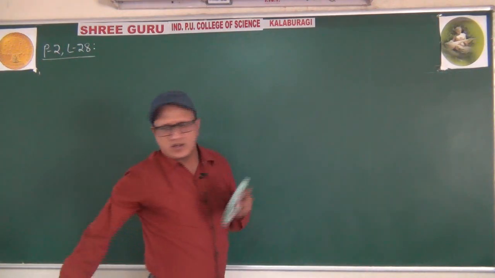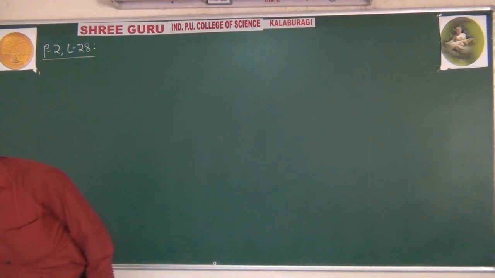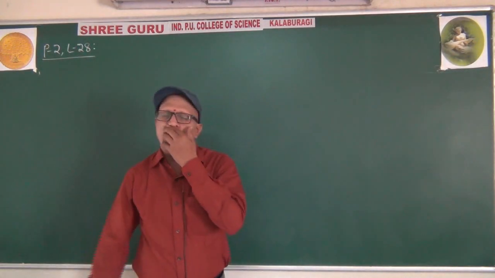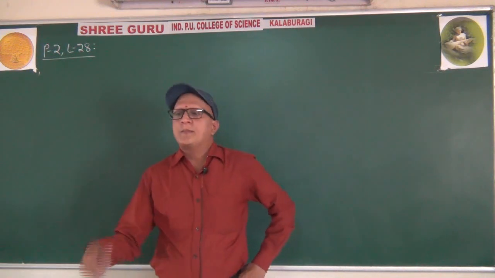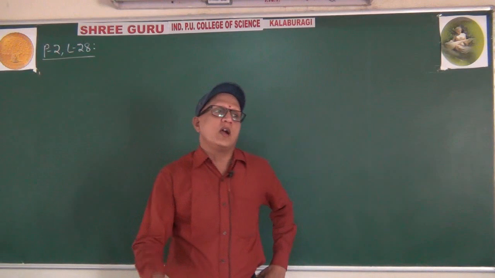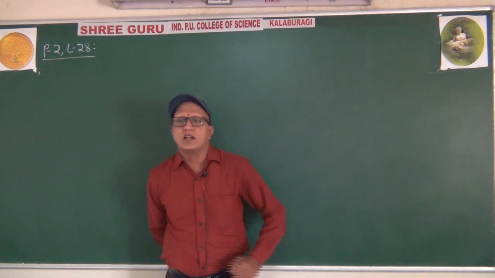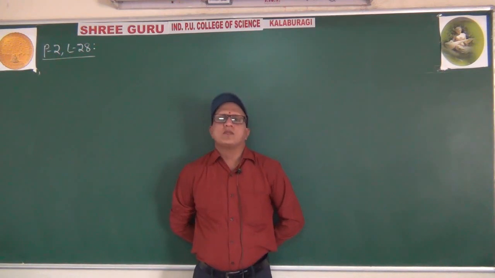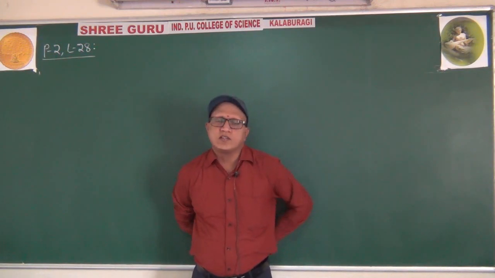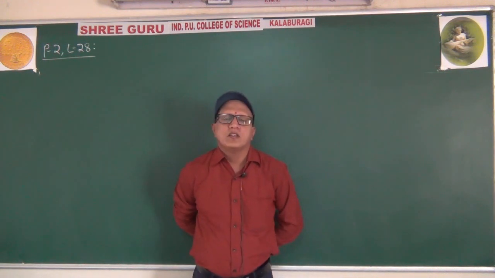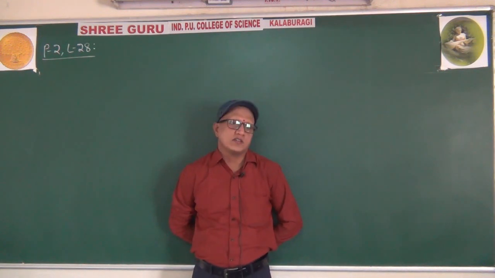Minors and cofactors concept is not completely over. This exercise is finished; in the next exercise, the continuation of this one will come. After minors and cofactors, the next concept will be the adjoint of the matrix. Then we have to find the values of x, y and z. They will give a system of linear equations, and from that we have to find the x, y, z values. They give the question like: solve the equations.